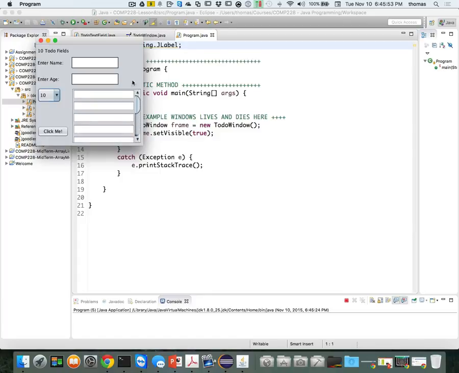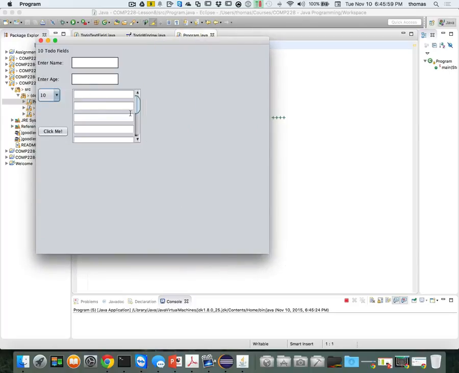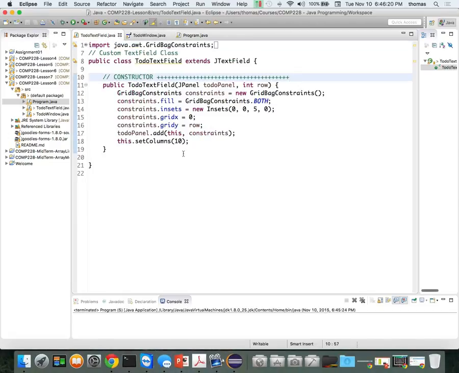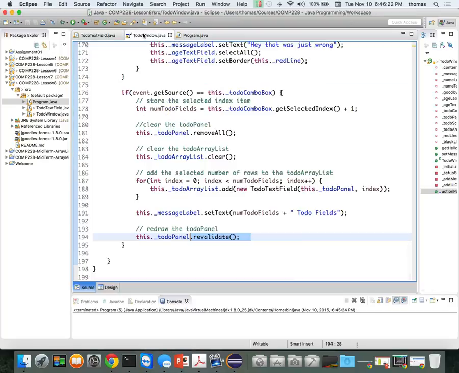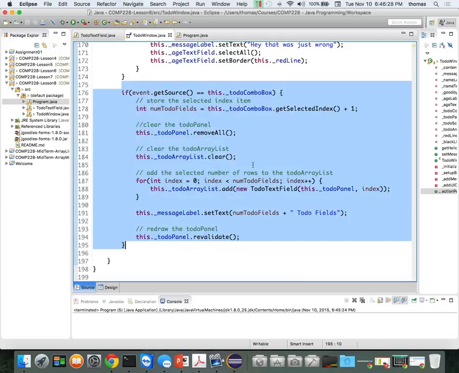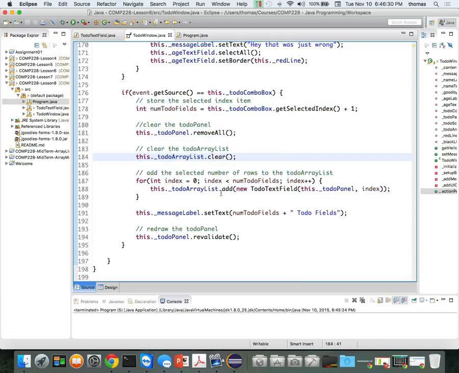Now you can certainly program this so it can have as many as you want. If I resize this thing, you can see how it doesn't resize, right? Because I'm using an absolute layout, right? If I was going to use a different kind of layout, and I want the fields and everything to resize or change position or be anchored to my layout, which is much more efficient, then I would use a different kind of layout. But the idea here is that these pieces, the to-do text field, if you're going to do it my way, and my to-do window, which does this combination of detection and updating automatically,